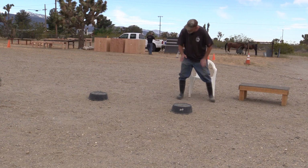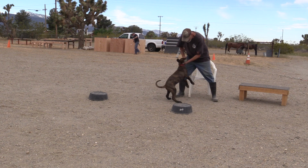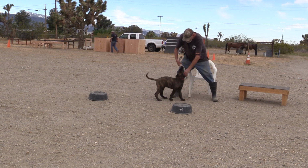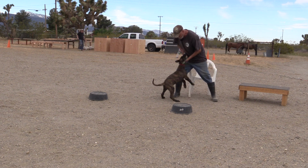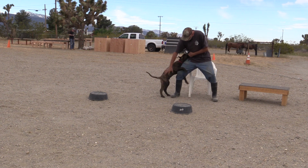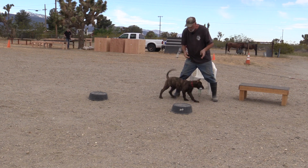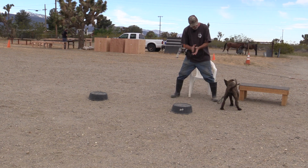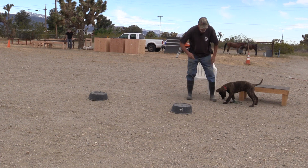So we bring in the toy, we start to do a little bit of tug work. Well, notice how I support that head. I don't just yank on this toy and put all that pressure on his teeth, okay? I do this, then I let him touch my body. Good boy, good. And then let him win and take off with it, okay? A lot of little winning, because winning is what builds the dog's confidence, letting him take off